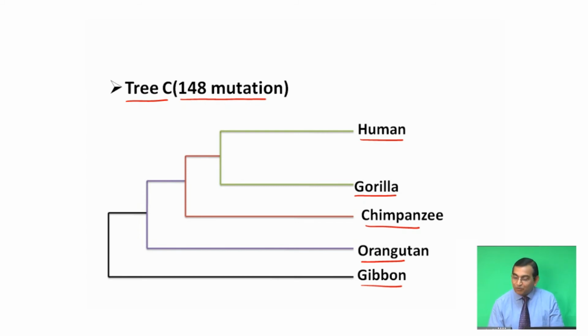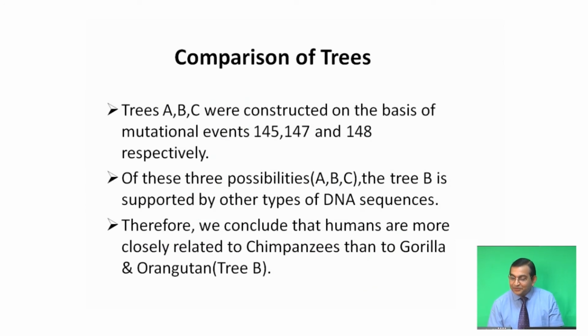Now, comparing these three trees, A, B and C, which were constructed on the basis of 145, 147 and 148 mutational events respectively, we can conclude